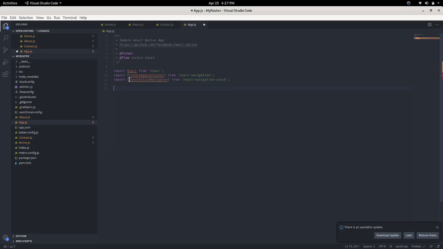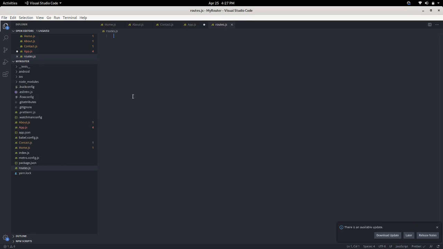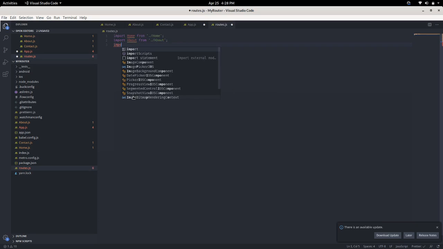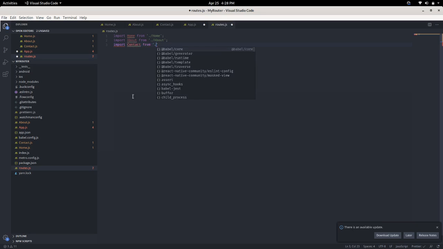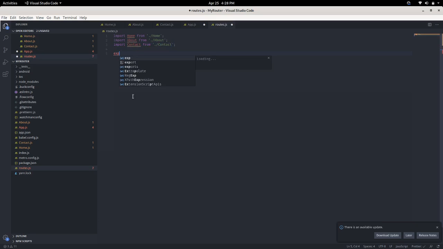Now we will create one file which contains routes for React Navigation, routes.js, and here we simply import all those files: import home from ./home, same like import about from ./about, import contact from ./contact, and we will export default the home screen.